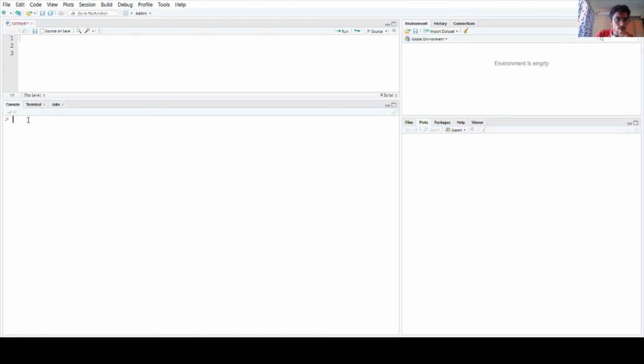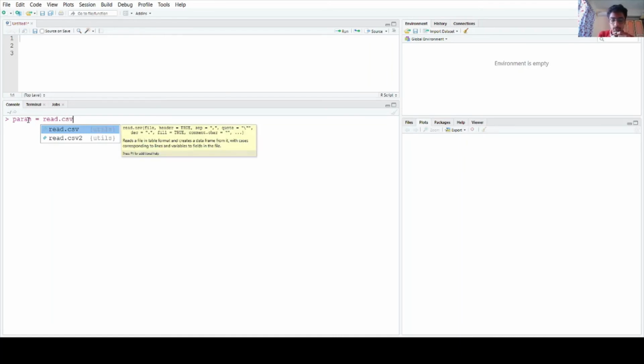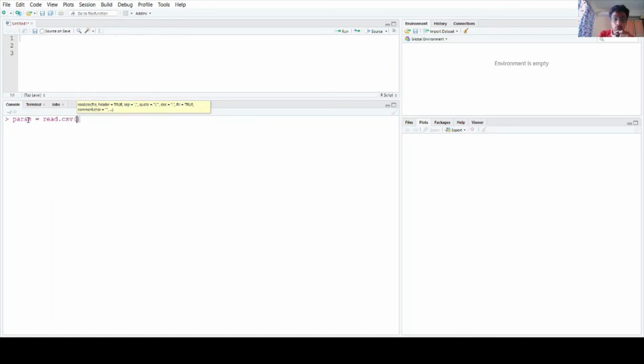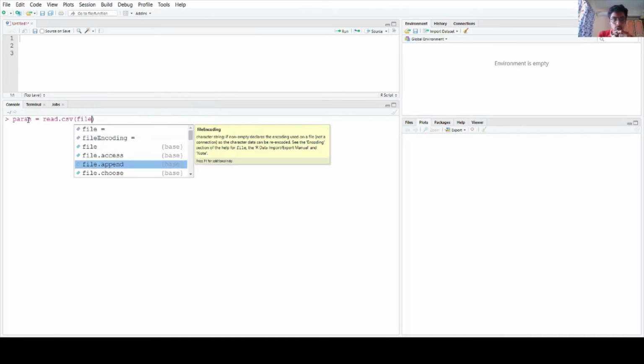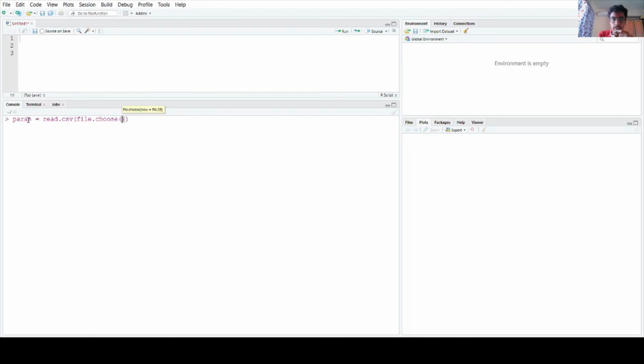So it is very important to name your dataset. My dataset, I'm going to give it a name, let's say paras equal to read.csv, and then I want to choose the file, so file.choose, and I'll hit enter.